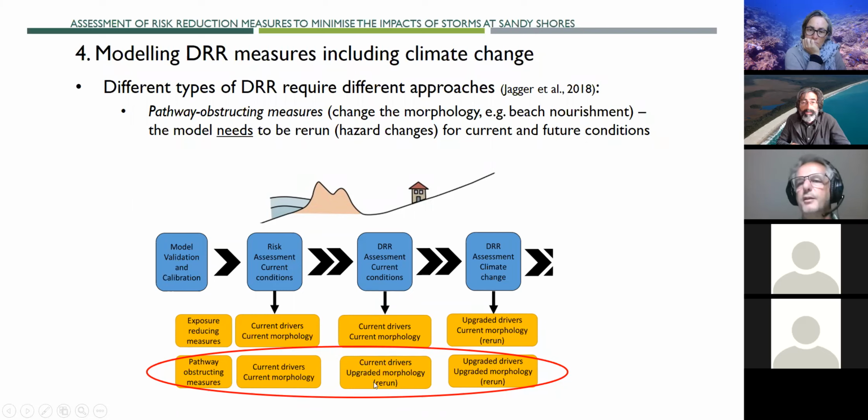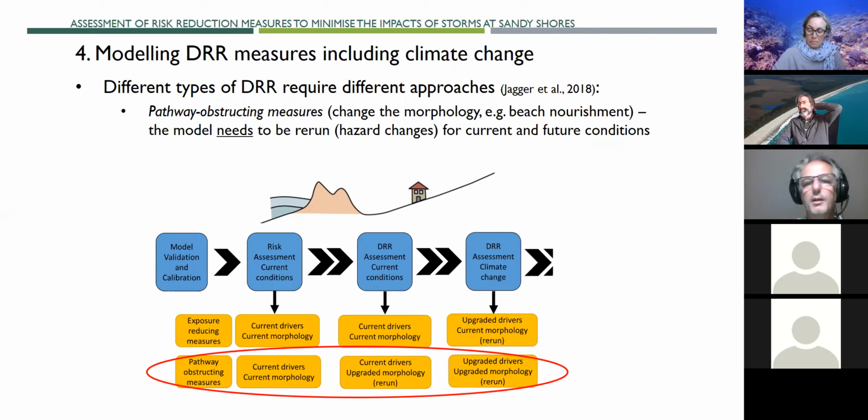So there is the need of rerunning the models and comparing the final results with the current conditions. Then, of course, if we include climate change, we upgrade the drivers and we upgrade the morphology. So again, we need to rerun the models to assess the effectiveness of the disaster risk reduction